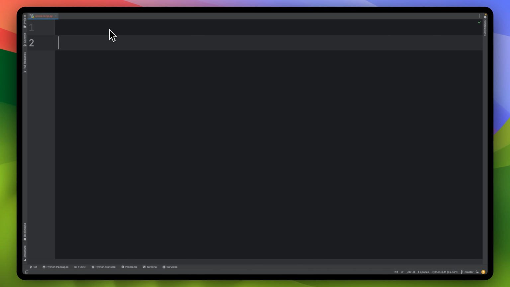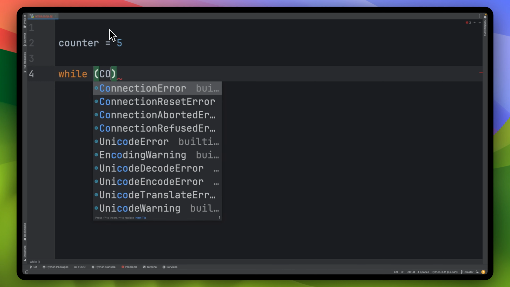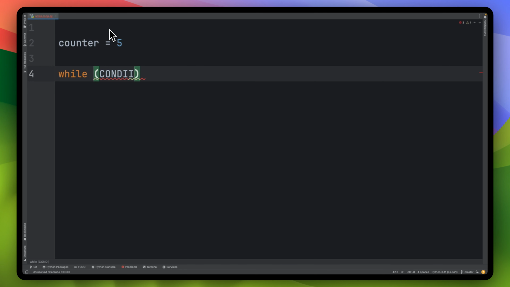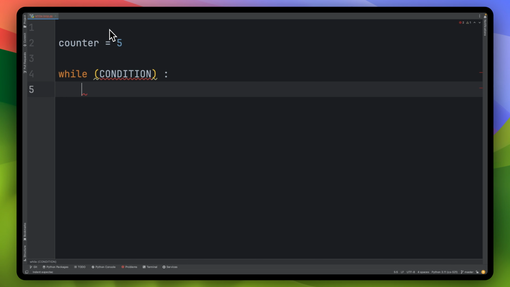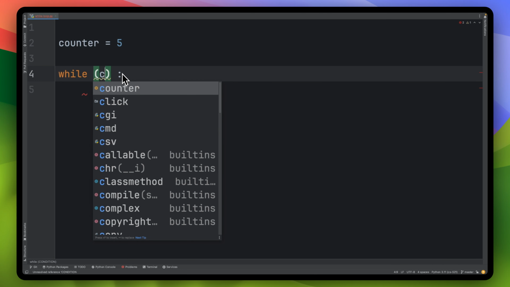But what about if you have some condition, like some counter equals 5, and while some condition evaluates to true, do the following. Let's put the condition in here so that we can get rid of this. While counter